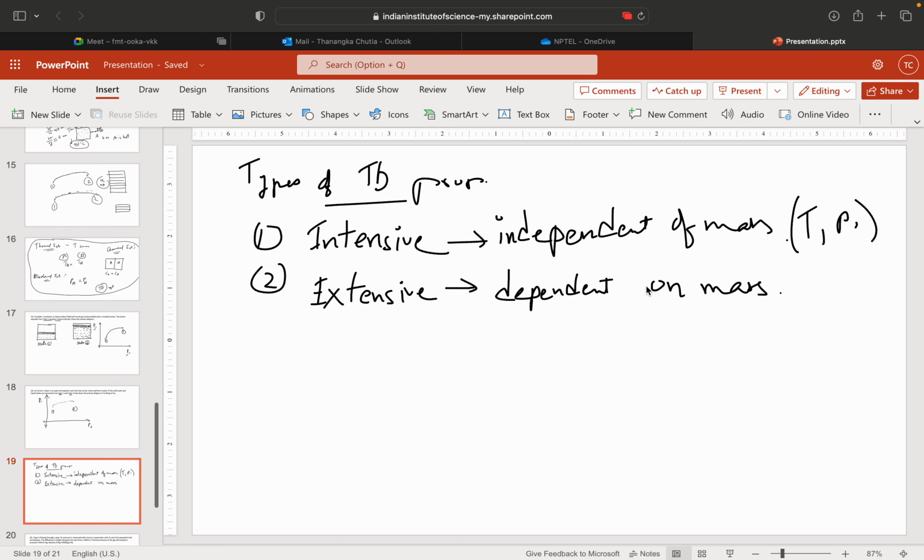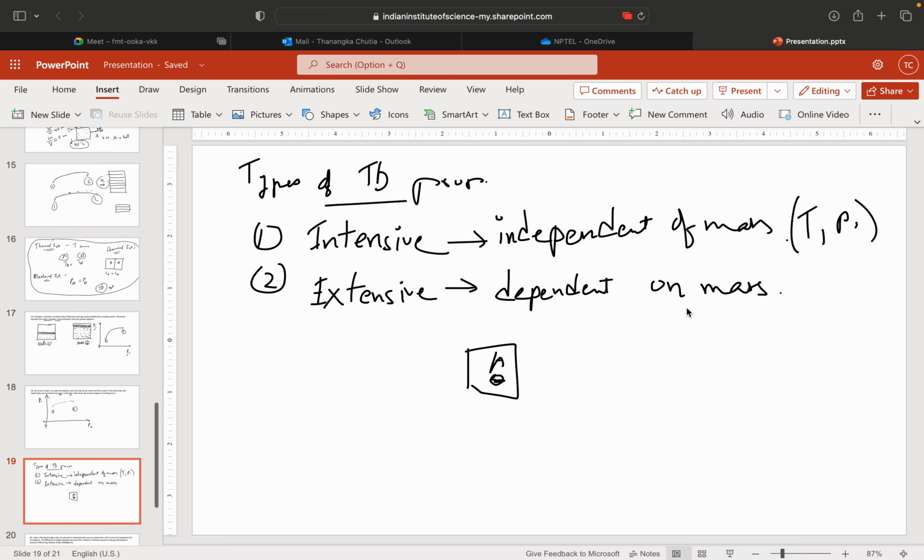All specific properties are intensive properties. Pressure, temperature, and all intensive properties, because these are independent of mass. Because if I measure the temperature of this entire box, or if I measure the temperature of this part, it will remain the same. Because thermodynamically we assume it as a macroscopic equilibrium, that's why. Okay,